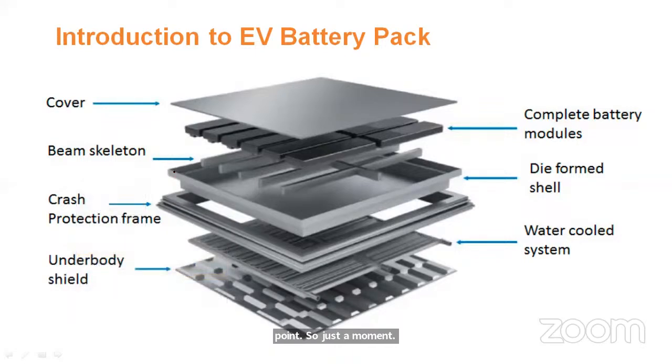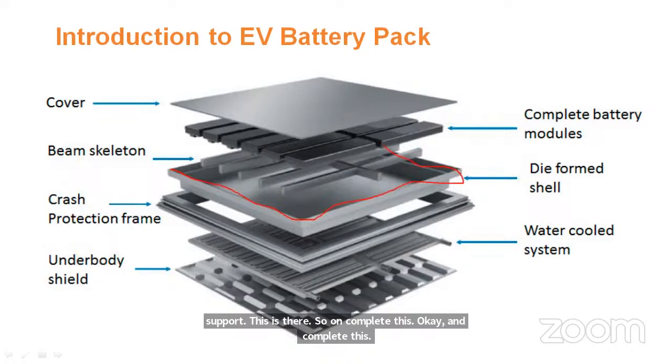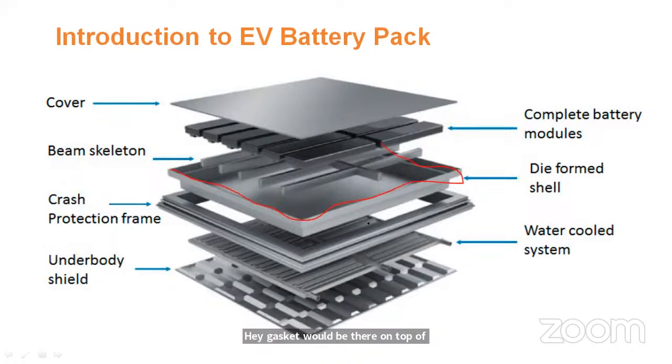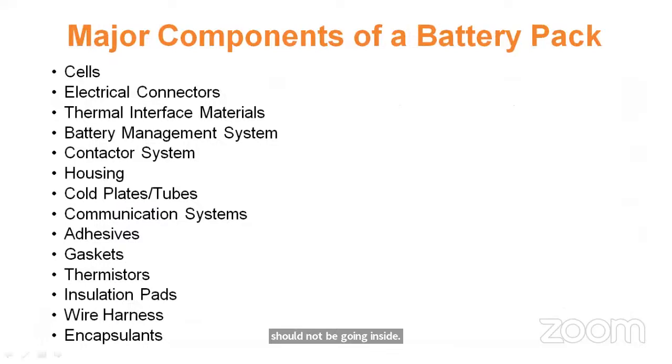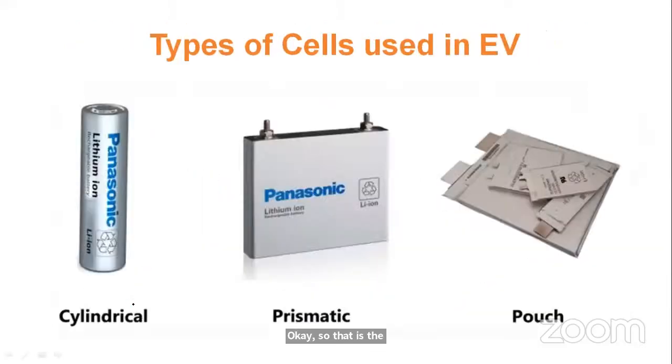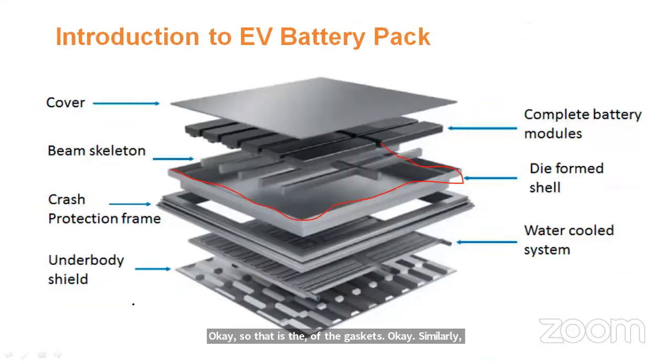So suppose this is there. On completing this, a gasket would be there. On top of that we will be putting it so that there will not be any gap and water should not be going inside. So that is the use of the gaskets. Similarly, the adhesives. So inside this module, n number of cells